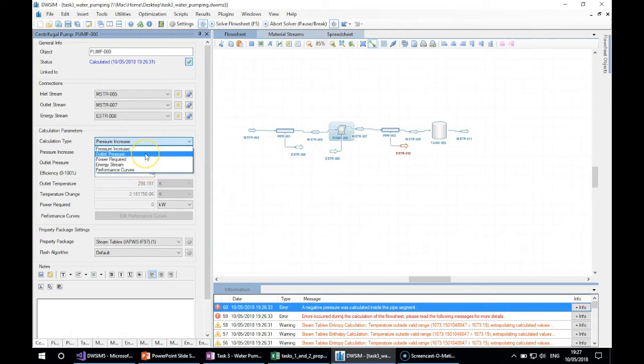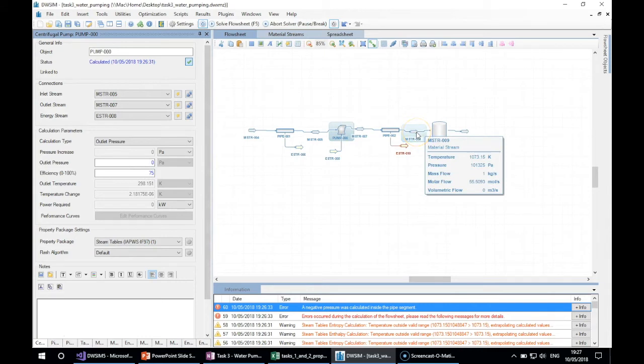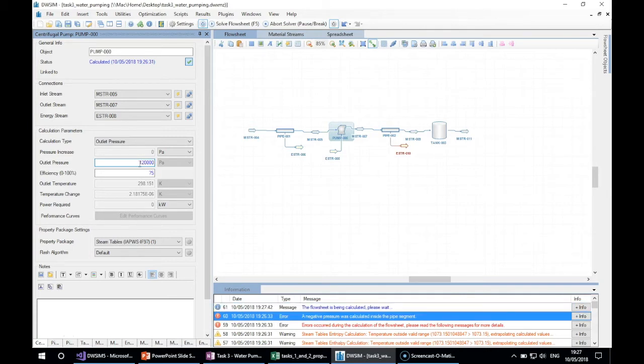But for now we will try to set the outlet pressure until we get an atmospheric pressure at the outlet of the second pipe segment, which is what we need in our system. So suppose that our pump has an outlet pressure of